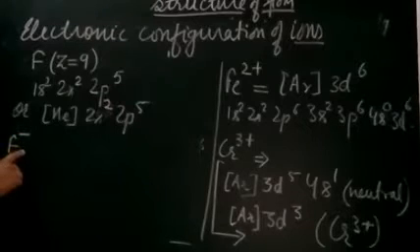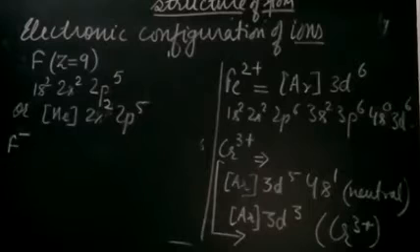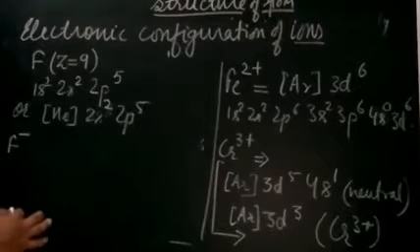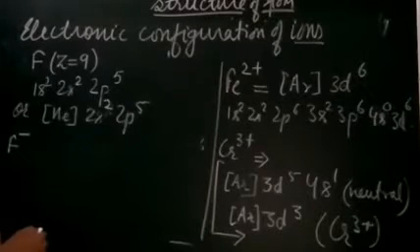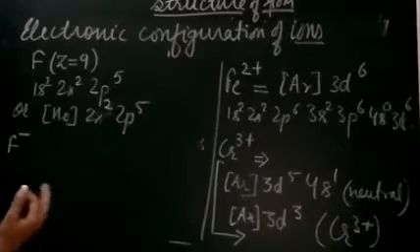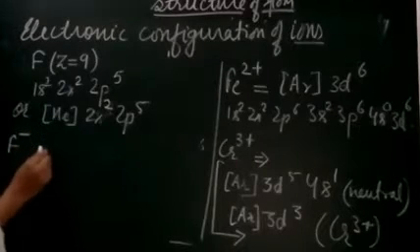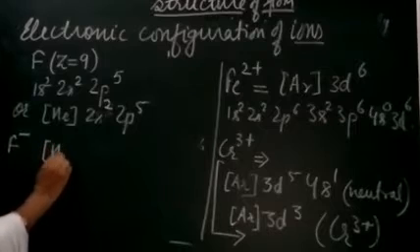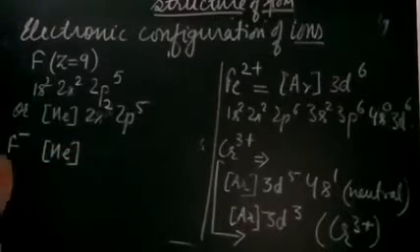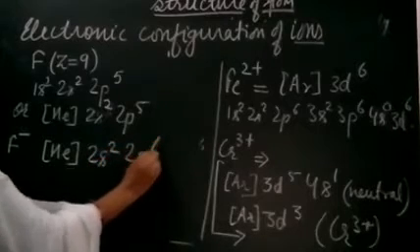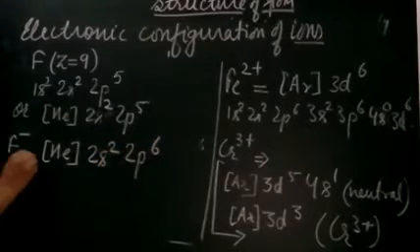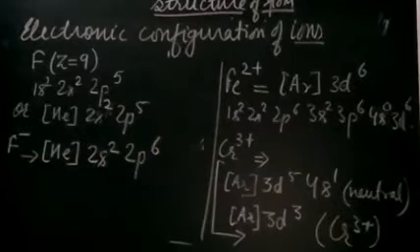It is an anion which has been formed. So here it is the acceptance of an electron, right? So whenever an electron is added to an atom, how is it added? It follows the Aufbau principle, right? That means the electron is added according to the energy level diagram. So here the configuration for the fluoride ion F negative will be 2s2, 2p6, right? This is the configuration for the fluoride ion.